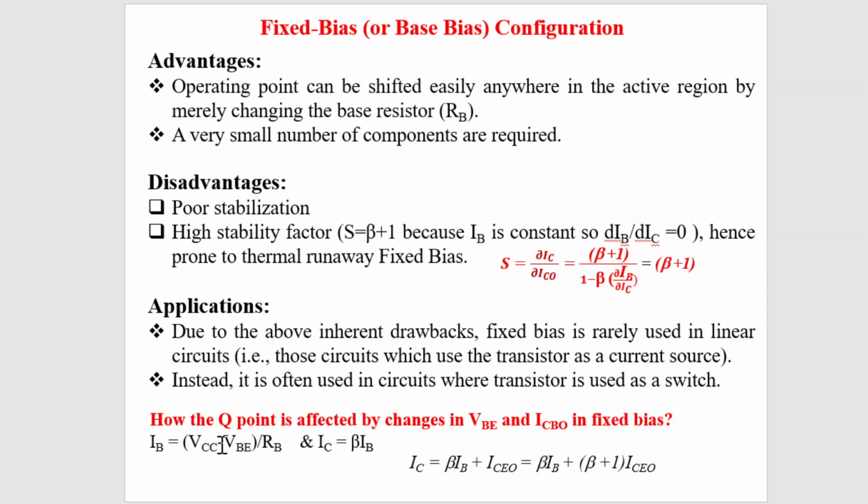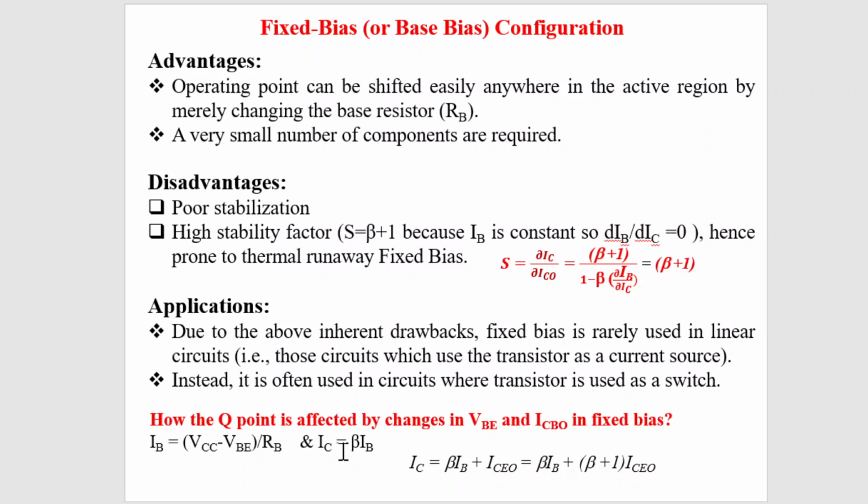That is why you have to stabilize the transistor with respect to temperature in fixed bias configuration, and that is why I have mentioned that this shows poor stabilization. And if you see the ICBO, IC is equal to beta IB plus ICEO, and we know this ICEO can be written as beta plus 1 times ICBO. So if you change this ICBO, that is the leakage current, that will change the IC. IC is basically the collector current, which is one of the Q point values. If IC changes, obviously VC is changed. VC is another Q point of your transistor. These are a few drawbacks of the fixed bias configuration.